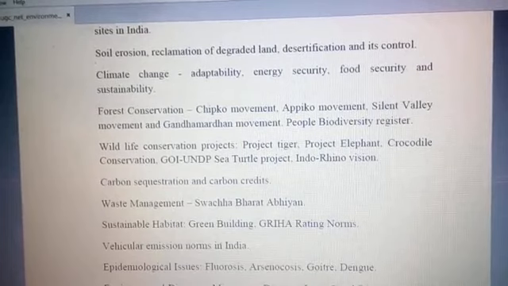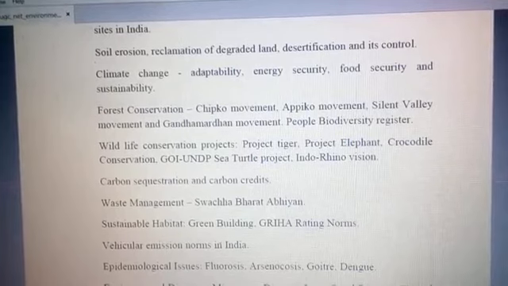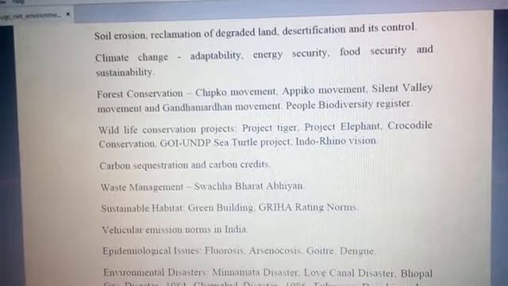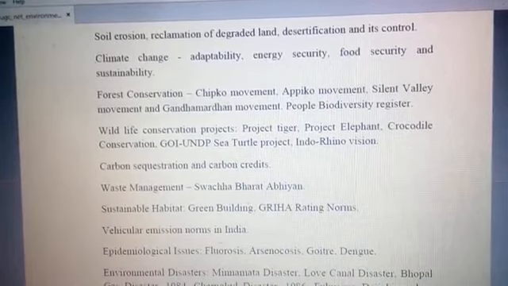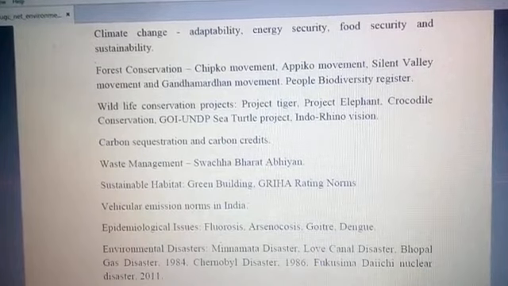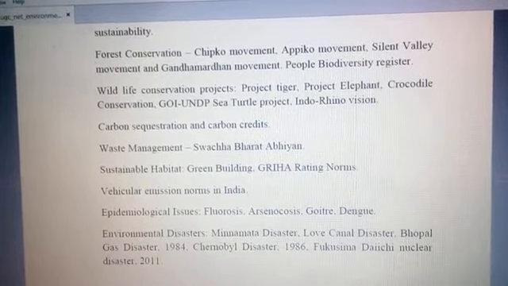Wildlife conservation projects: Project Tiger, Project Elephant, Crocodile Conservation, Government of India and UNDP Turtle Project, Indo-Rhino Vision. These will be covered in this topic. Carbon sequestration and carbon credit concept are also covered, and then waste management, Swachh Bharat Abhiyan, sustainable habitat, green building, emissions norms in India,